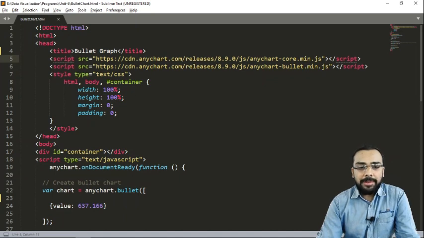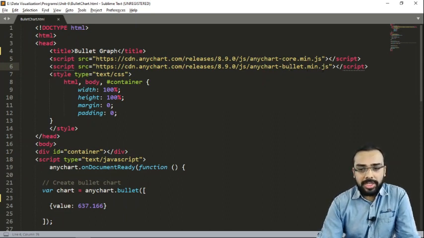For that I am specifying the CDN of AnyChart, and in particular I am specifying two JS files: the first is the core chart, that is the anychart-core.min.js file, and the second I am importing is the bullet, that is the anychart-bullet.min.js file.